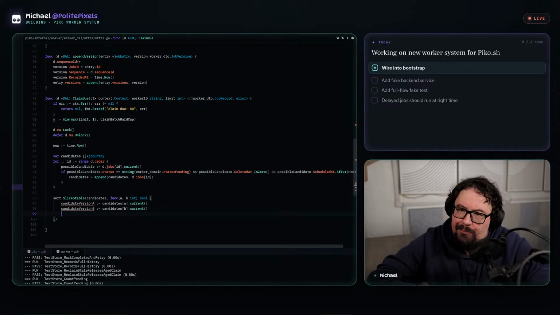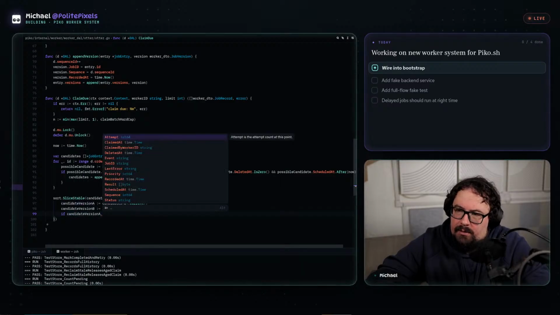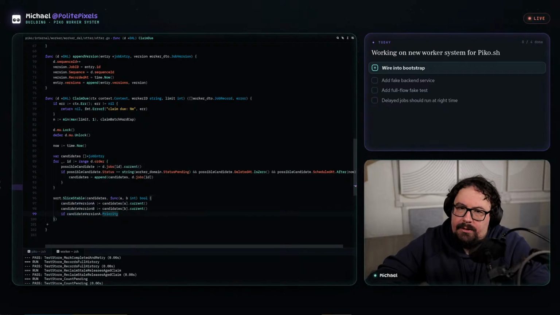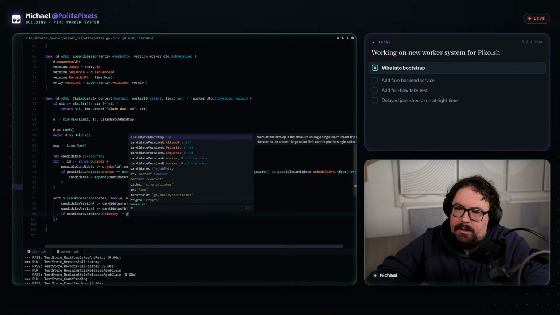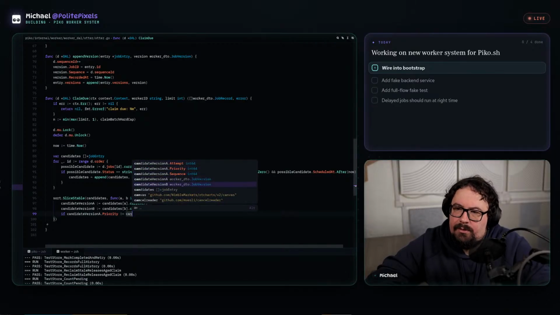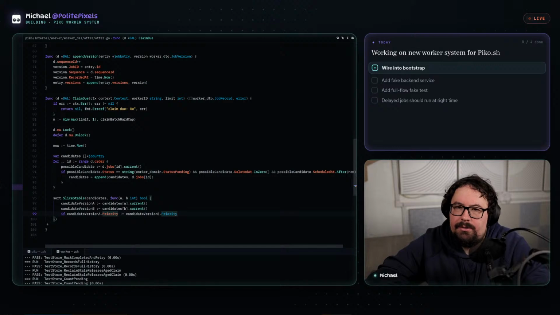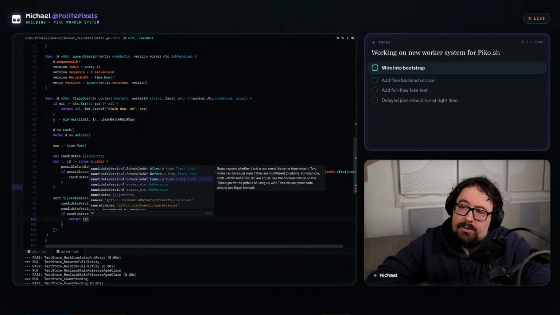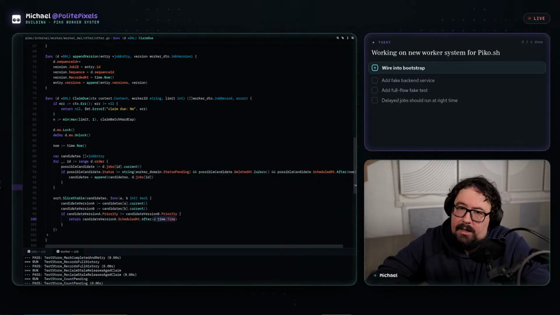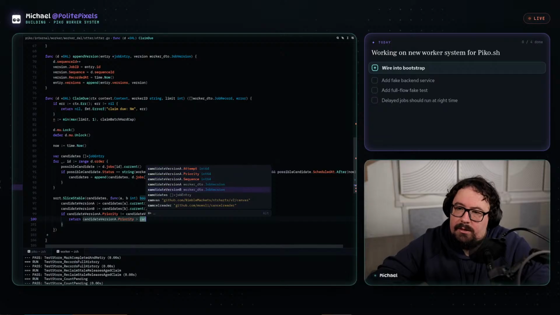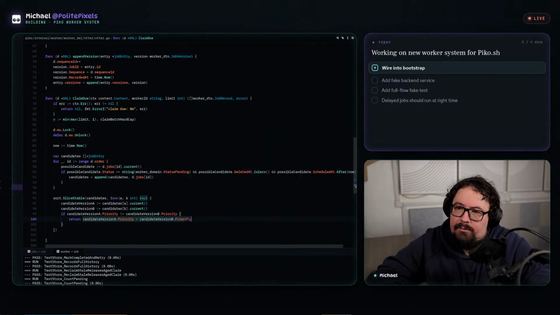If dot priority doesn't equal candidate version B dot priority, return candidate version A dot priority greater than candidate version B dot priority.